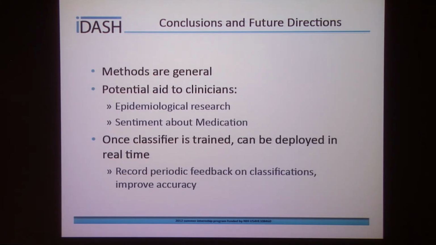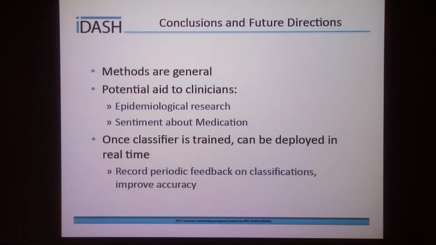So, just in conclusion and to prefigure future work, I'd like to point out that these methods are general. We looked at asthma because it's a disease that affects uninsured and at-risk populations more often than others, and so reducing emergency room visits in that population would be worthwhile to lower the cost of healthcare, but you could conceivably use this to analyze any disease that people were talking